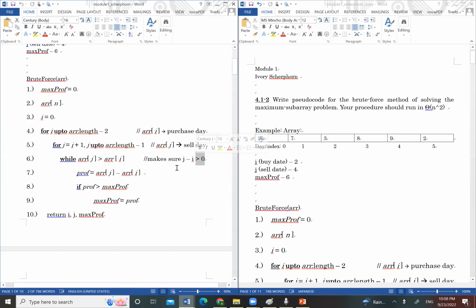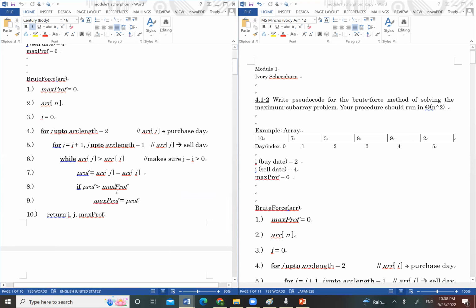A negative is not a profit, it's a loss. So we're just trying to keep track of only the profits and which are the largest of them. And so if prof, the comparison profit in the embedded loop, is larger than max prof, the max profit that we can get,